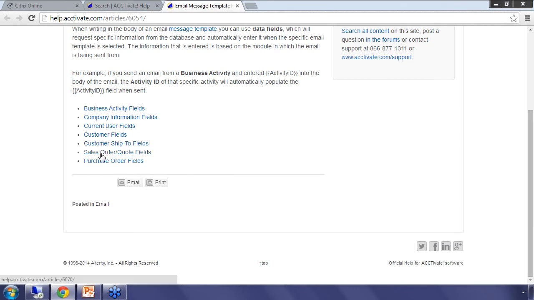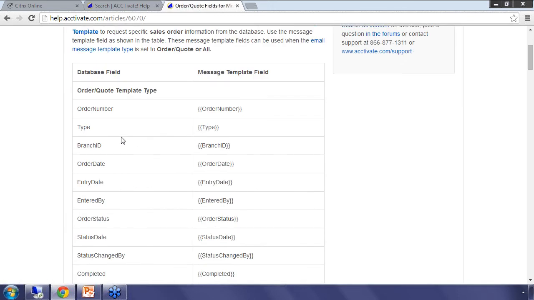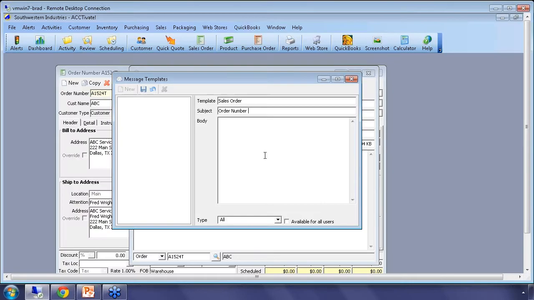So we'll choose, since we're on the sales orders, sales order quote fields, and now we have a list of all the different fields that we can have automatically pop up in an email template. So for that order line, I want order number to appear when sending an email. So I'll type in order number,